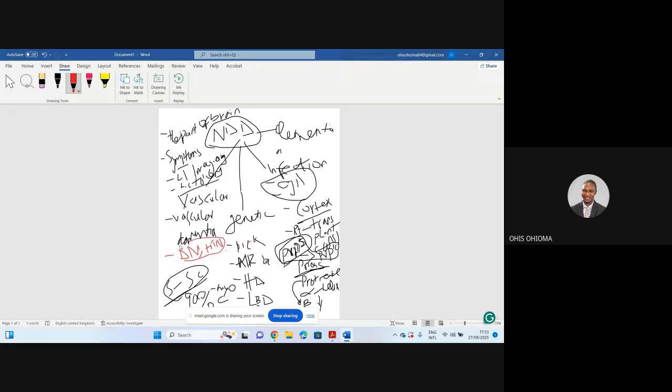What happens in vascular dementia is that the patient has a stepwise decline. Let me explain what that means. The patient is at this point in terms of cognition, and then the patient declines. He stays at that level for a very long time, and then the next year, let's say he's 60 years of age, he declines when he becomes 61. He stays at that level, and when he becomes 62, he declines again. That means he has cognitive impairment.